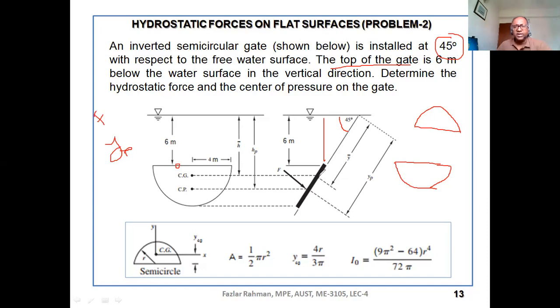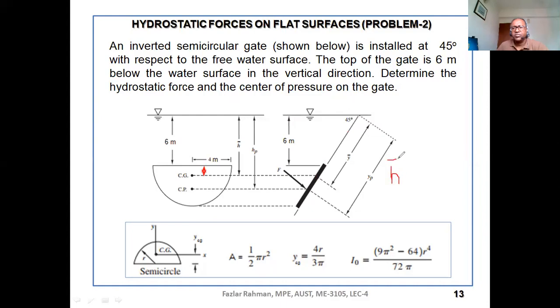So if this one is CG, this is YP. So you need to figure out YP and how much is force working. Remember, force always work through center of pressure, not through the CG. Okay. So let's see how we can solve it. It's very easy. We need to take the formula from the formula sheet. And you see, if we know the location of C is vertical this distance, then your H bar